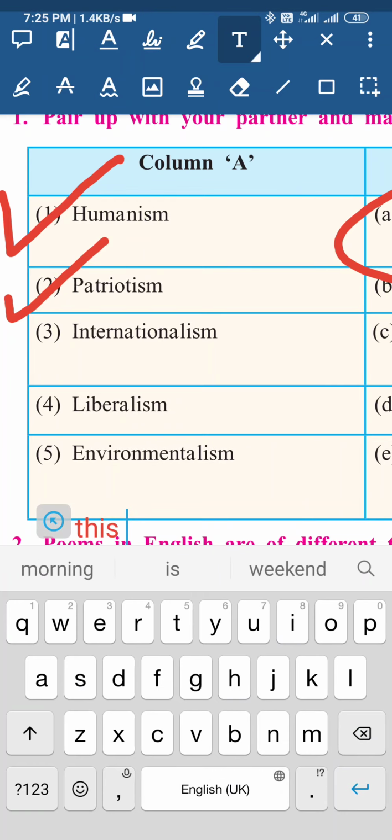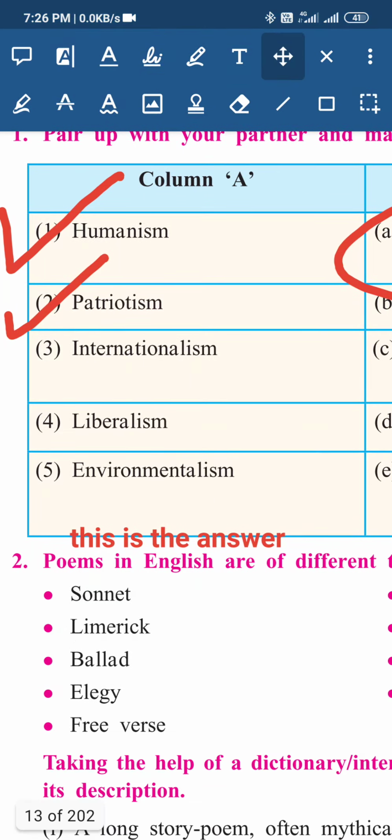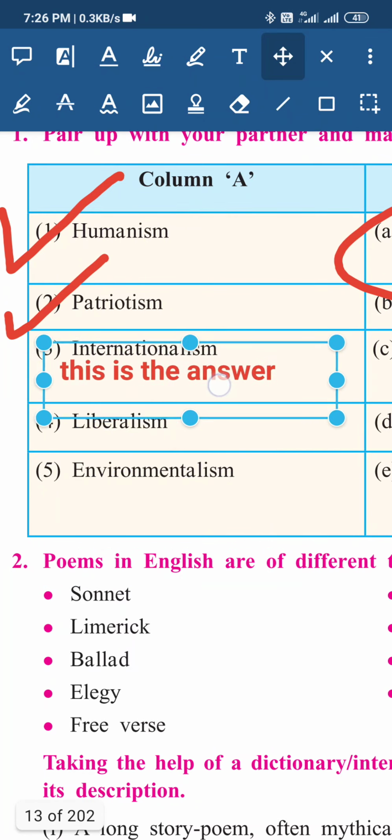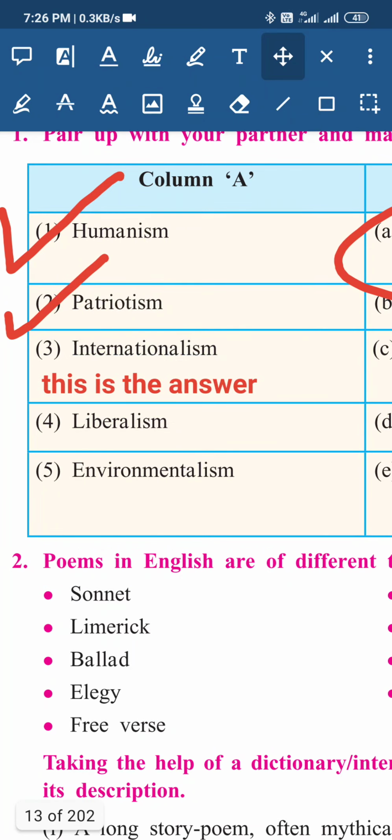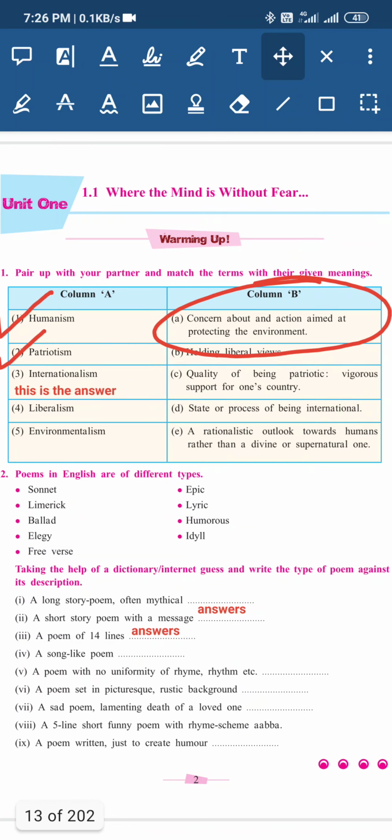This is the answer. Once done, click it here. You can move this wherever you want. This becomes a convenient way of producing the answers and making the students understand.